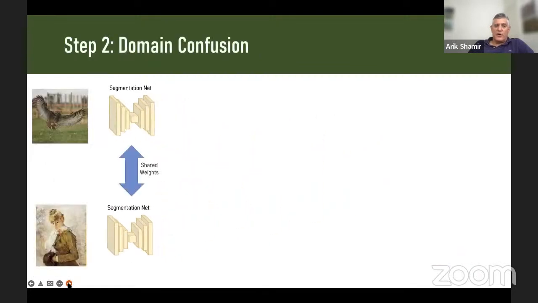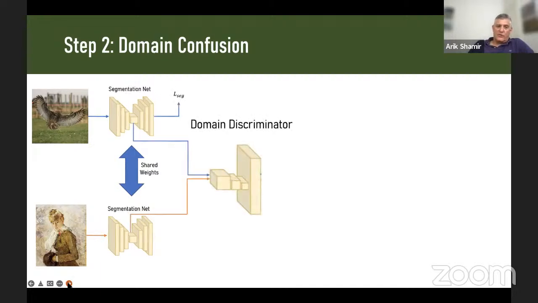But because we also want, in a sense, to confuse the network and use only features that are common to art and photographs, we use a very common trick, which we call domain confusion. And in that case, we use a discriminator. And we try to fool the discriminator so it won't recognize the difference between the real photographs and the art images.